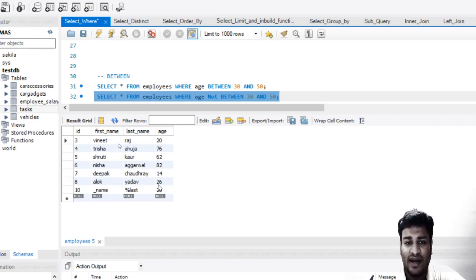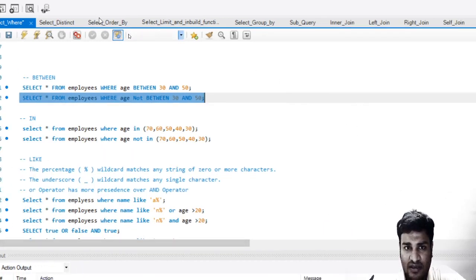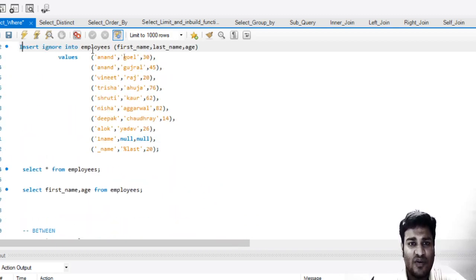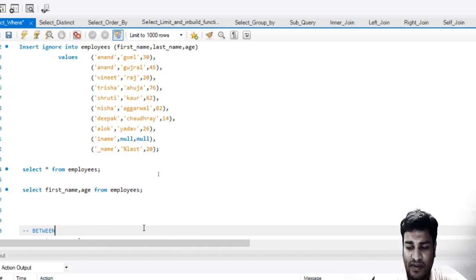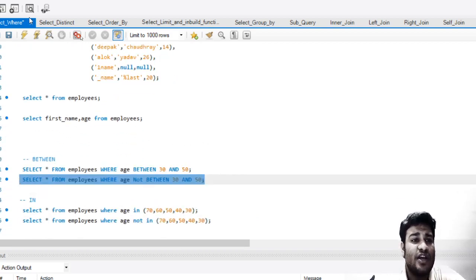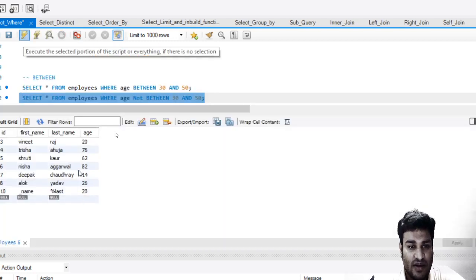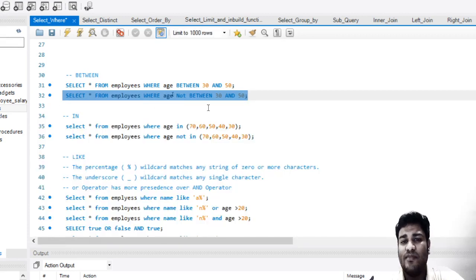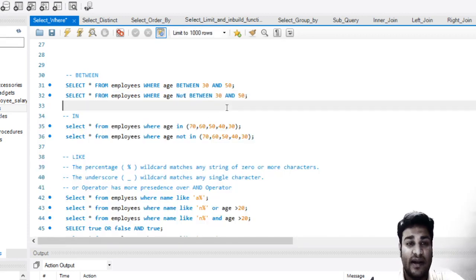So you see over here that this particular table now has all the values except values which are between 30 and 50. So it has also included 30, right? I guess. So again, there are a few things which I also have to correct myself. We have an age of 30 which is not being shown over here, which means that not between 30 and 50 also excludes 30 and 50. You can see over here that this does not include 30 and 50. So again, in both of the cases, 30 and 50 are included in it.